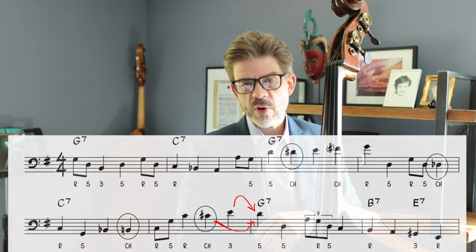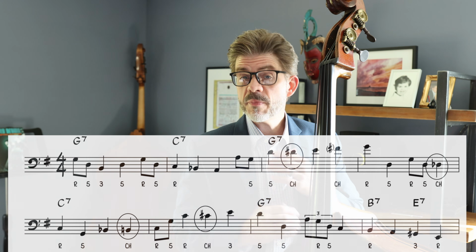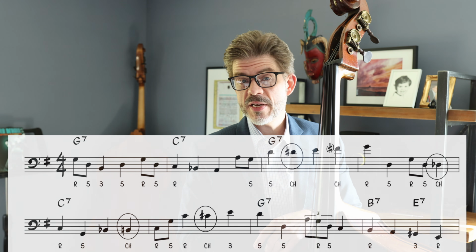This is a little bit of a gray area, and I just took the liberty of calling it a chromatic approach note there. It isn't approaching the D directly, but rather indirectly. But I think it's a cool sound. And I think the idea of the chromatic approach still applies because it happens so fast.